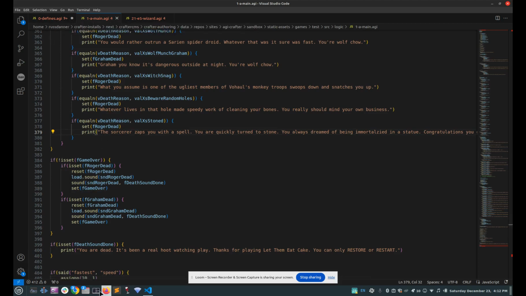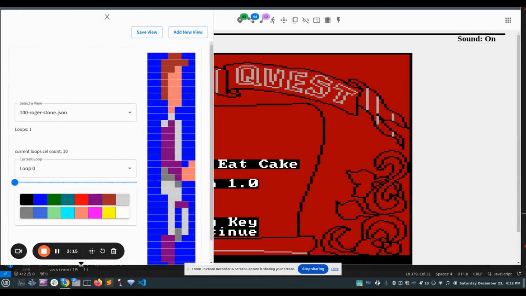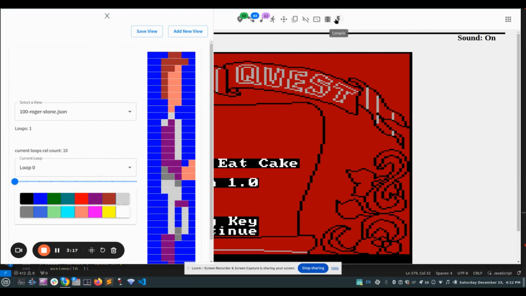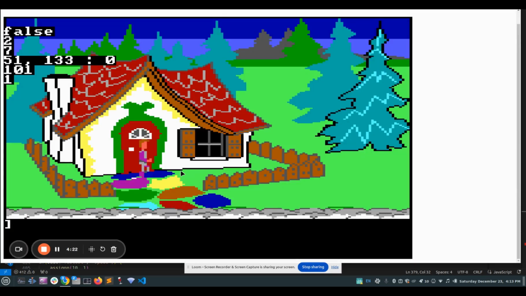So now I'm going to jump back to our tools, and I'm going to hit compile. This compiles the game for us. So now let's jump over to another window where we can test. Okay, you can see I'm in a specific screen here. I've used the restore feature to jump to a specific location in the game, close to the sorcerer, and I've got some debugging set on here so we can see some things running on the screen